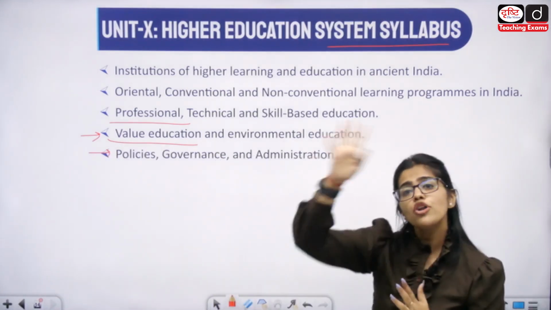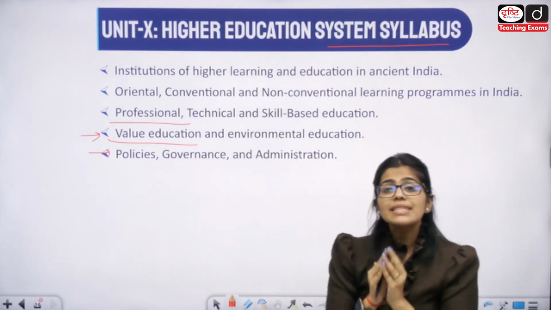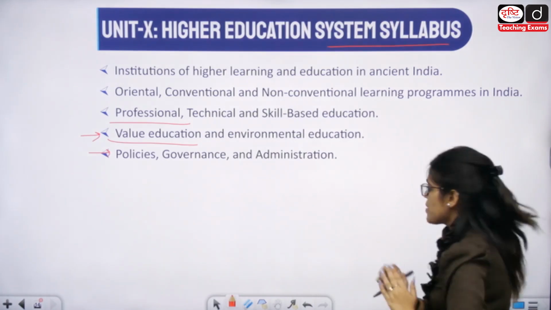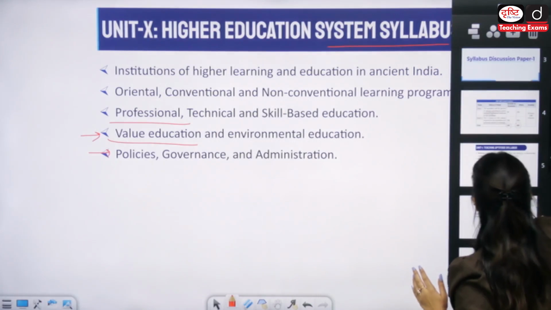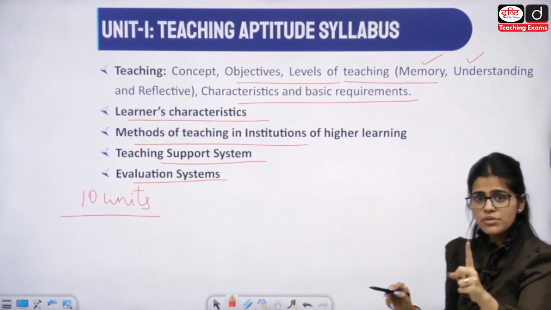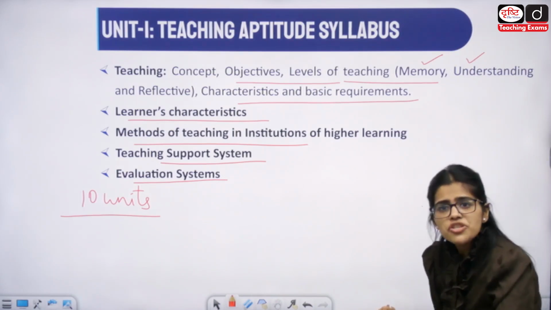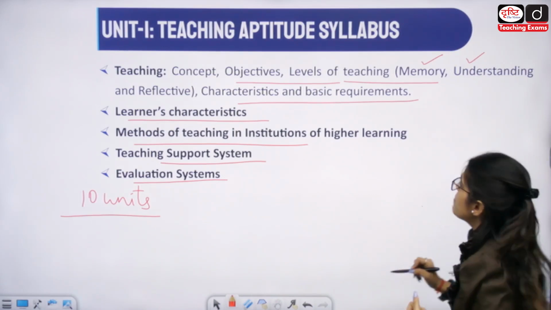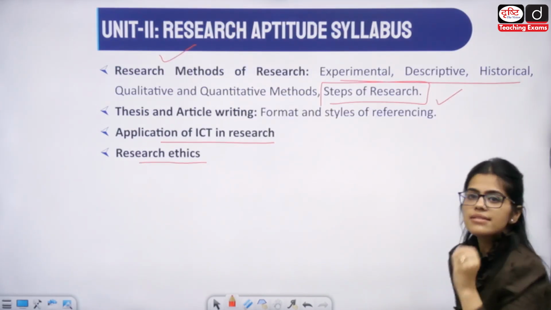This is the broad overview of your paper 1 that you have. These are the 10 units that we have. Let us see the 10 units quickly. So we started by discussing teaching aptitude, theories of Erikson, theories of Piaget. These are the things that are asked in the paper. So teaching aptitude is the first. The second is the research aptitude,